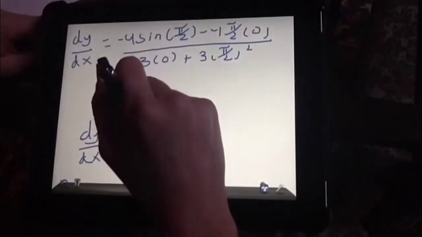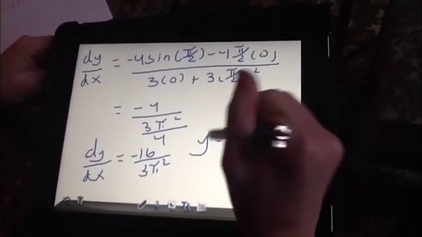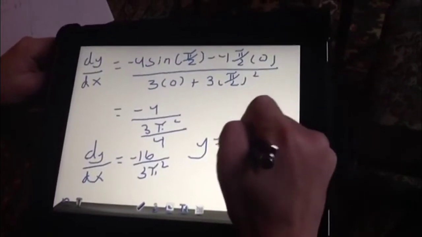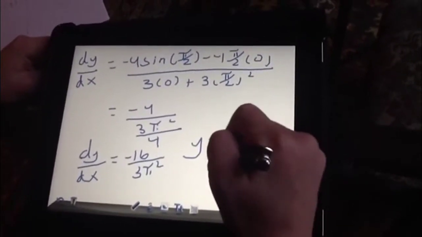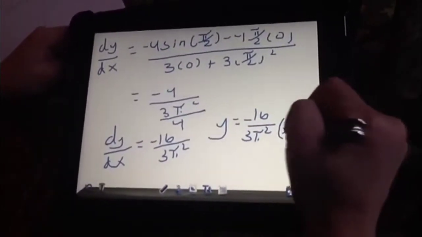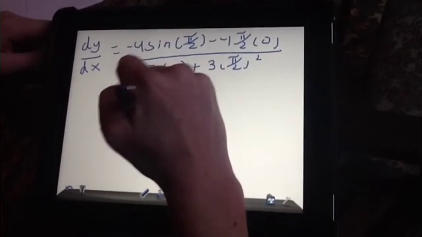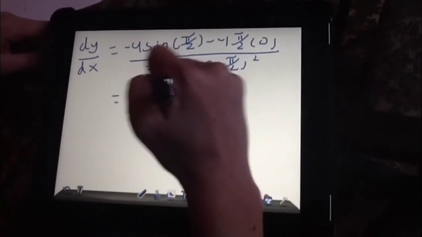So that is our slope of the tangent line. So then to write the tangent line, y is going to equal negative 16 over 3 pi squared times x minus 4 over 3 pi squared